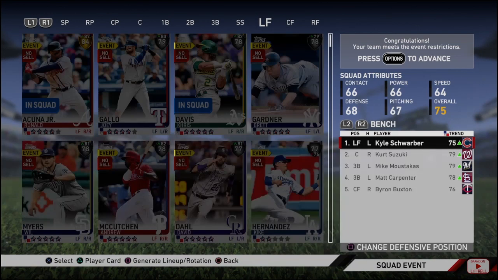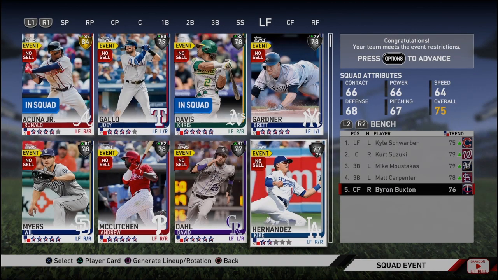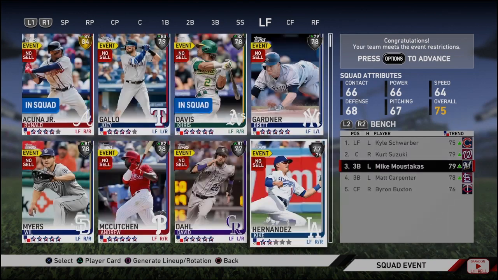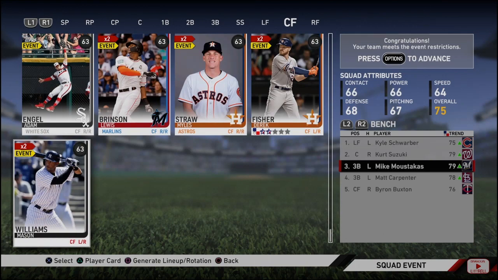Then for the bench, depends on what you have left. If you should sacrifice one of your spots for a common and then be able to put another gold on your team, that's up to you. I feel like that's the best option, is to put a common somewhere where you won't use it. Like Mike Moustakas, I probably won't use him, maybe even Kyle Schwarber, so